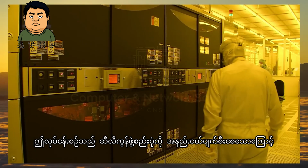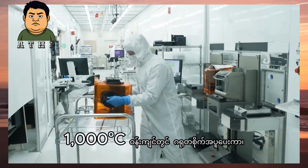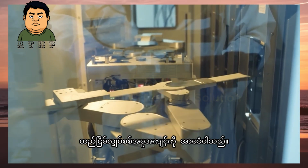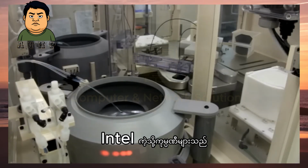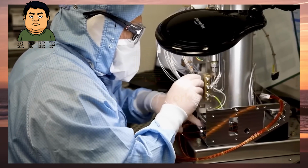Because this process slightly damages the silicon structure, wafers then undergo an annealing process, heating them carefully to around 1000 degrees Celsius, restoring the crystal structure and ensuring stable electrical behavior. Companies like Intel utilize ion implantation to create transistors smaller than 10 nanometers, packing billions of these precisely engineered structures